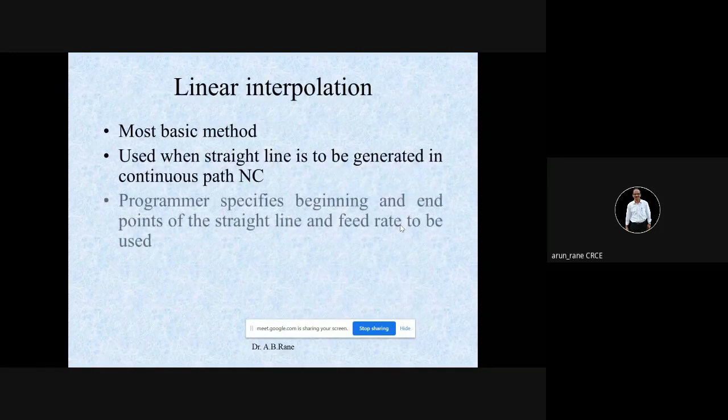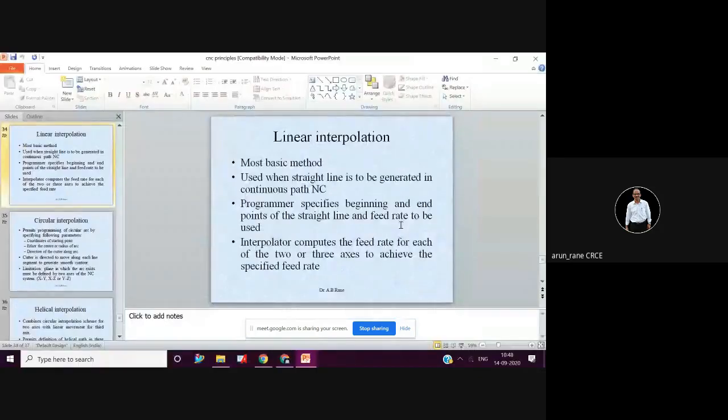Linear interpolation is the most basic method. Here we just give the start point and the end point, and obviously the feed rate. This is represented by G01, the code for linear interpolation.